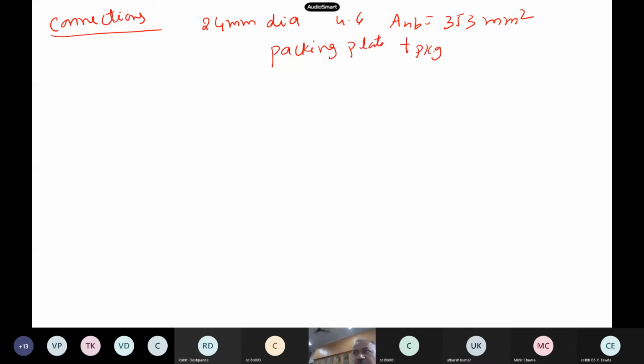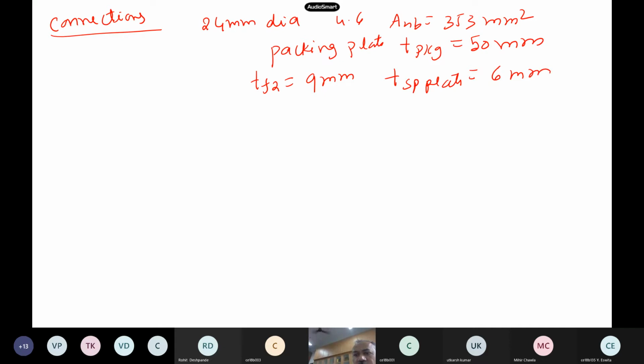Let us say in this problem we take 24 mm diameter bolts, grade 4.6, and I hope all of you know that is a net area. All other things you followed, we have already calculated, but the only thing is you have a packing plate here. The packing plate thickness is 50 mm. All of you know how to calculate this one. In the upper story column, the flange is 9 mm and the splice plate thickness is 6 mm.